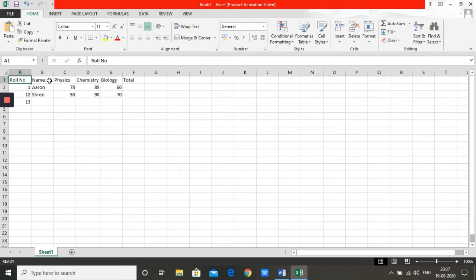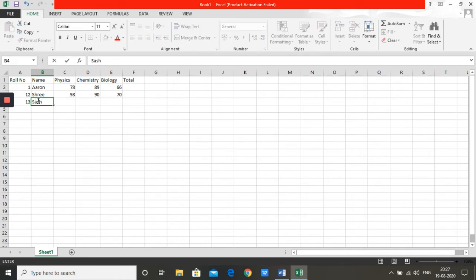If you notice here, text is left aligned. I'm just revising. These were told to you earlier. If you look at cell A2 or A3 or A4, these are numbers, numericals. So when you type numbers, these are aligned to the right of the cell. You can see it. Numbers are right aligned, text is left aligned. I'm just revising that part.